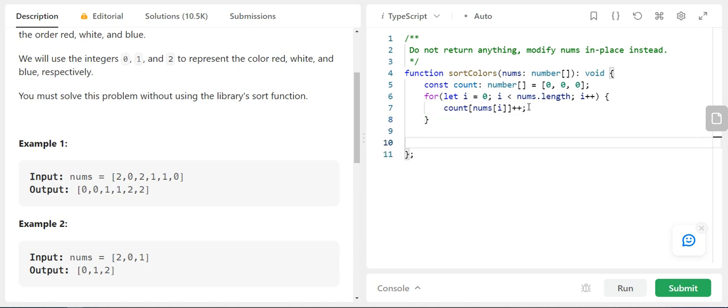Now we need to update our nums array. So what we can do is let I equal to 0, I less than 3, I plus plus. We will be looping through this count array, but we know that we have only three elements: 0, 1 or 2. So we'll be running a loop three times on this count array, and for each item,